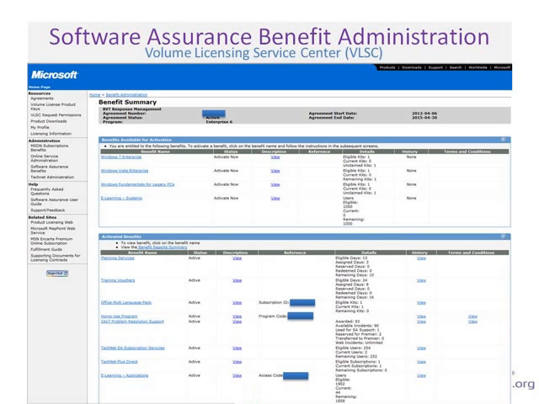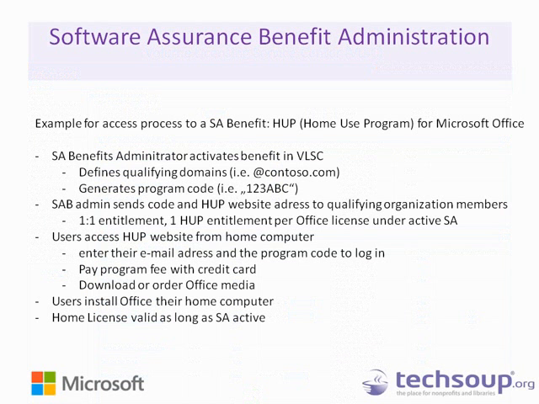I just wanted to give an example of what a walkthrough would look like when you're starting completely fresh, new. You just signed up for the VLSC with your new license with software assurance that you received, and you want to get started on one of the benefits. So this is just a quick step-by-step walkthrough. How do you actually go from having the benefit granted to having usage of that benefit? It's basically a 5-step process.